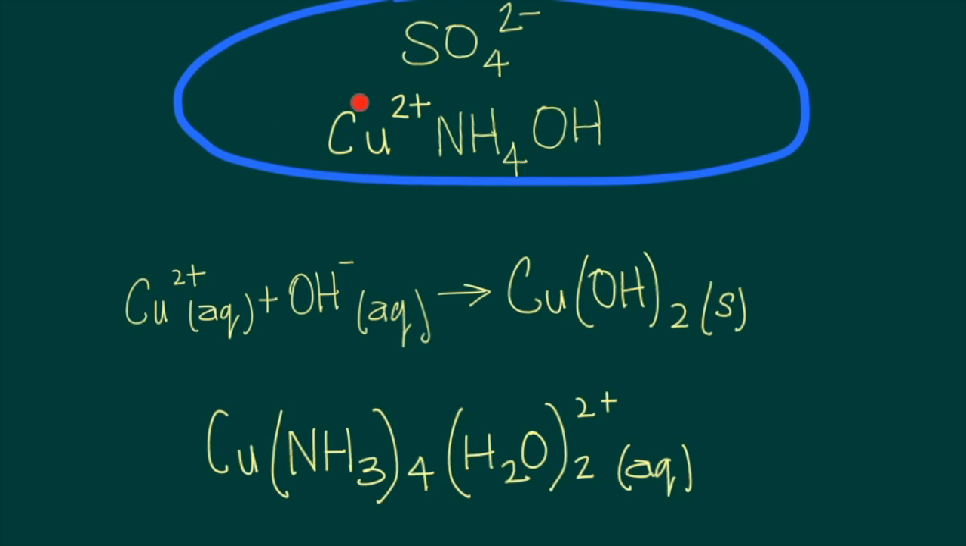In copper sulfate, you've got the copper ion and the sulfate ion in aqueous solution. And when ammonium hydroxide is introduced, hydroxide ions associate with copper ions to form the precipitate, here shown as a solid, copper hydroxide. But with the addition of excess ammonium hydroxide, then this tetraamine complex is formed, where 4 ammonia